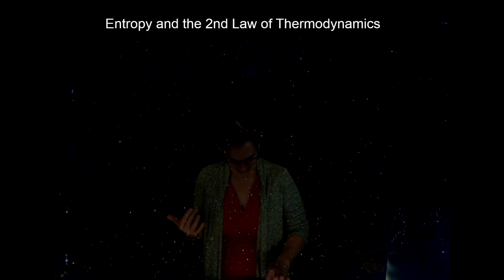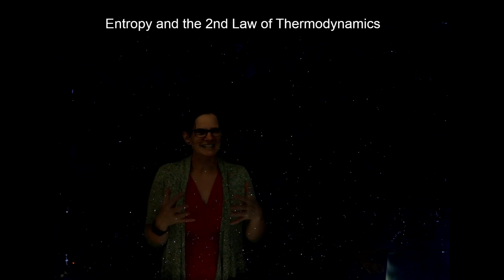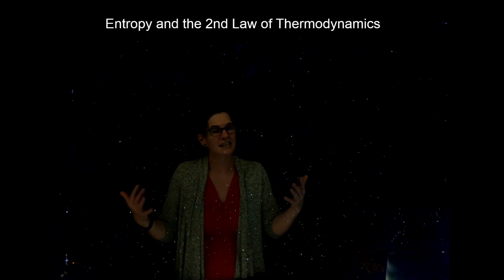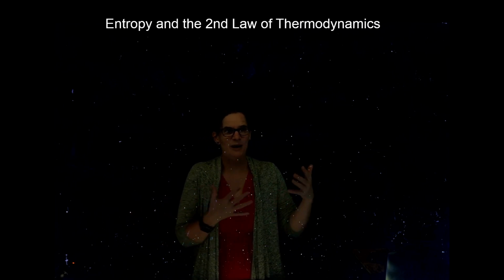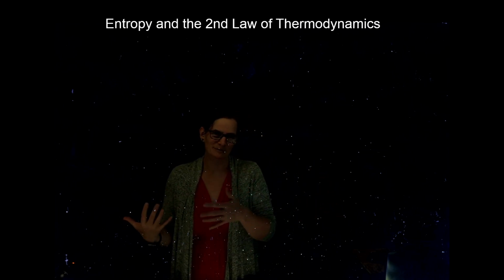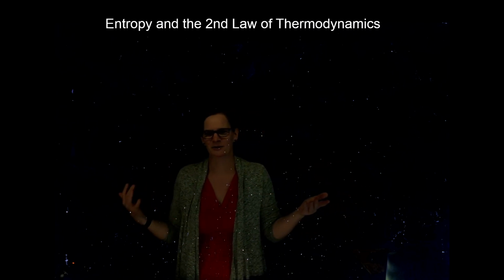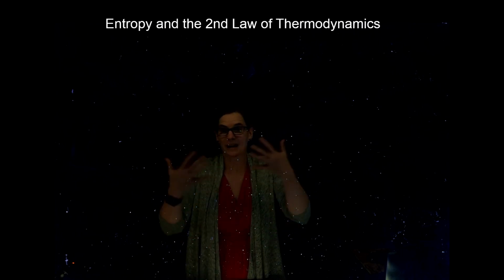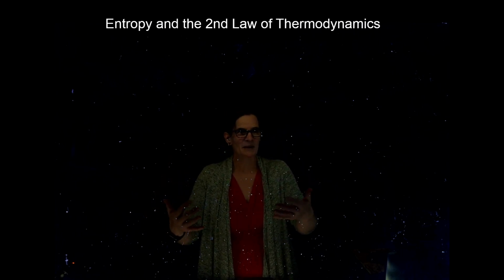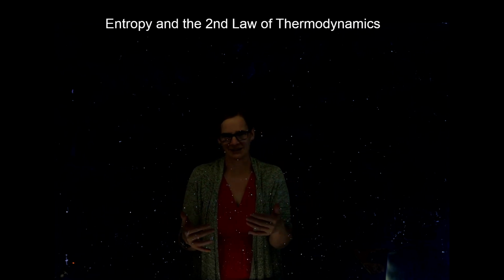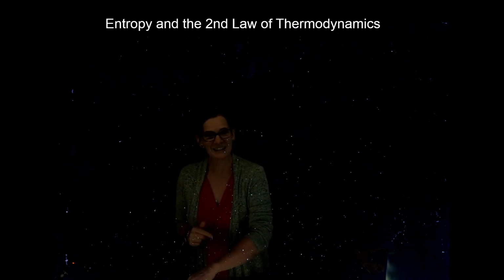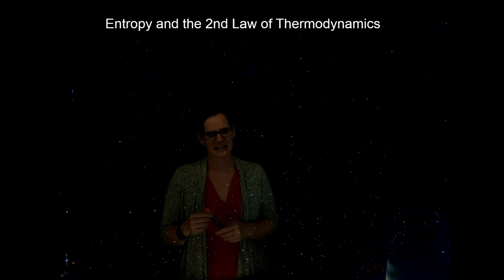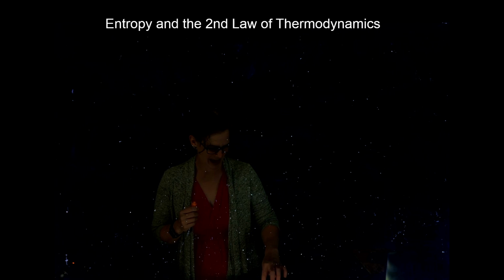So this idea that there are certain things that happen in nature that are spontaneous, that are natural. And when we try to do the unnatural, like take heat from a low temperature to a high temperature, we have to do something on that system. We have to add work. Conservation of energy still holds, but it's a different process. All right, that's the basis of the second law of thermodynamics, also affectionately known as entropy.